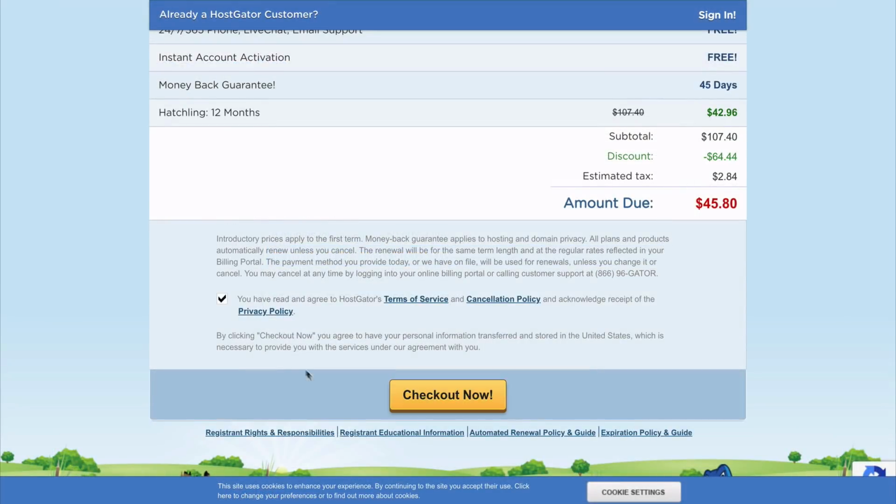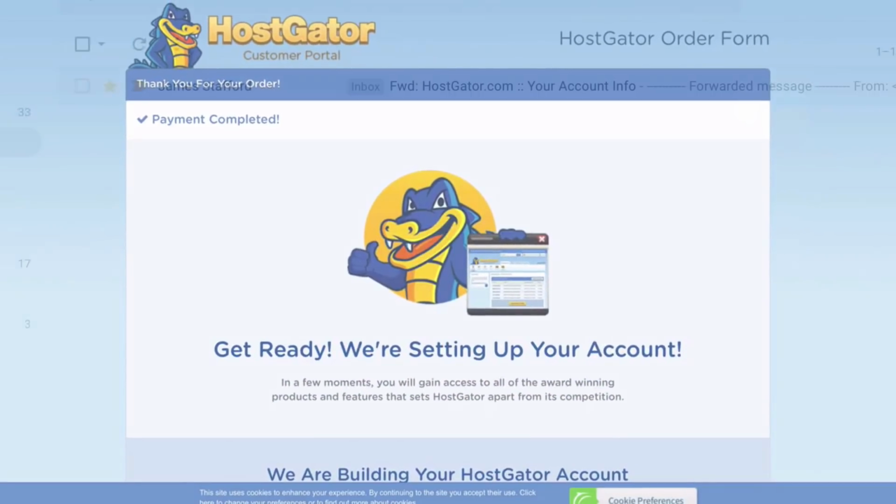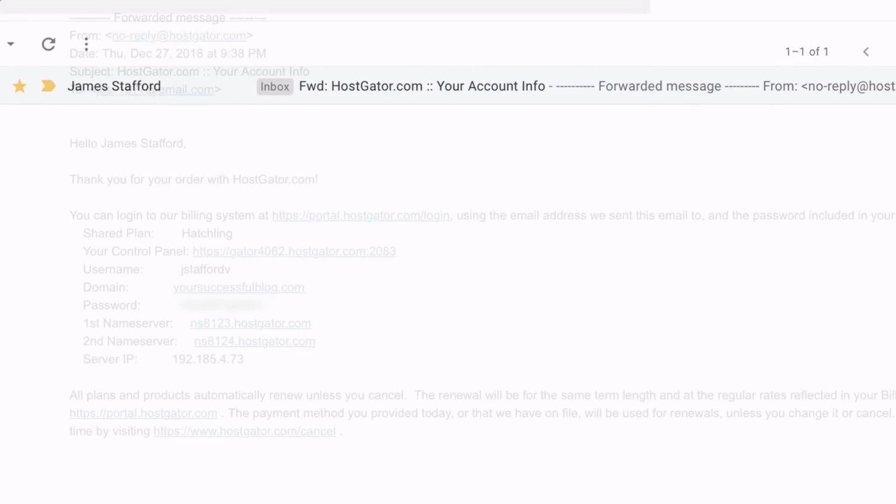Now, when you're happy with everything, click on Checkout Now, and you'll be the proud owner of your very own blog address. Okay, awesome. Now you'll receive a couple of emails from Hostgator with your login details and some links